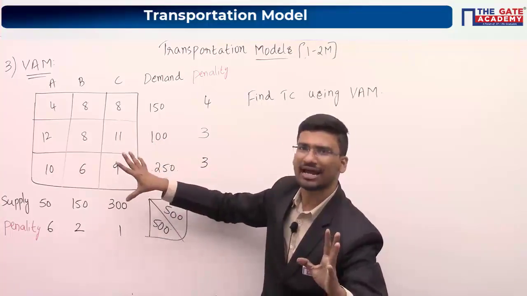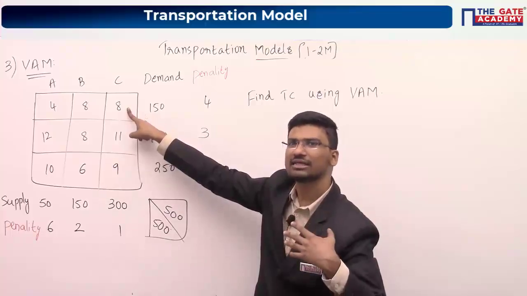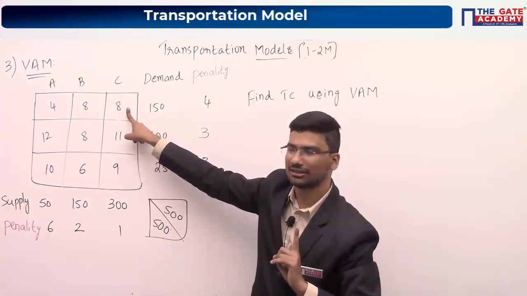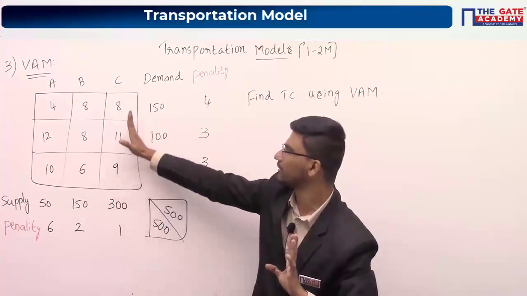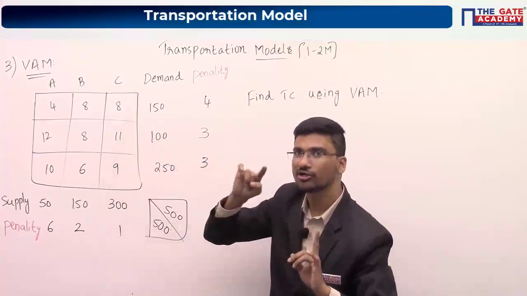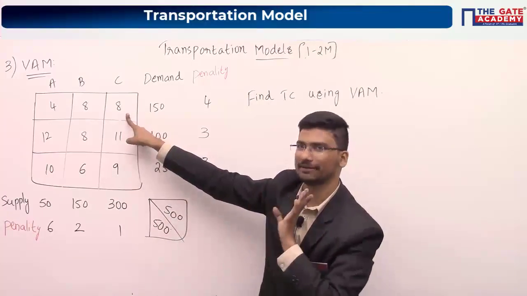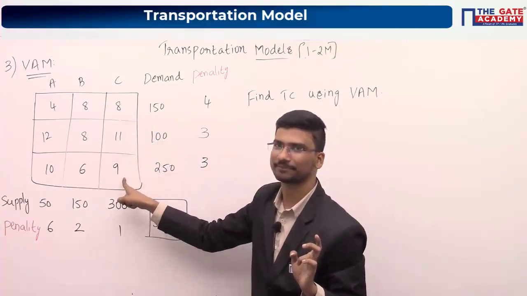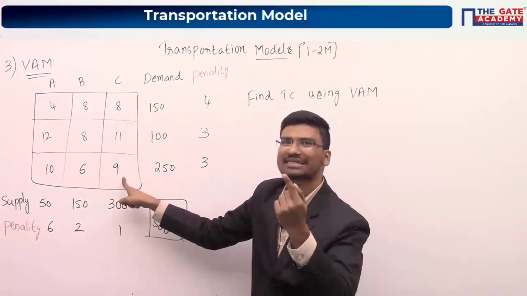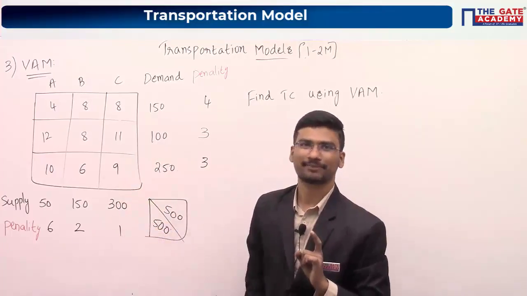So, ideally speaking, the minimum cost is here, okay? So obviously you have to allocate in the minimum cost cell. In this particular column, I am not talking about the entire matrix. I am talking about only this particular column. If you want to allocate in this column, minimum cost is here, so definitely you have to allocate here. Now let us say instead of allocating here, if you are allocating here, you have to pay extra 1 rupee on each unit. That is what penalty is.